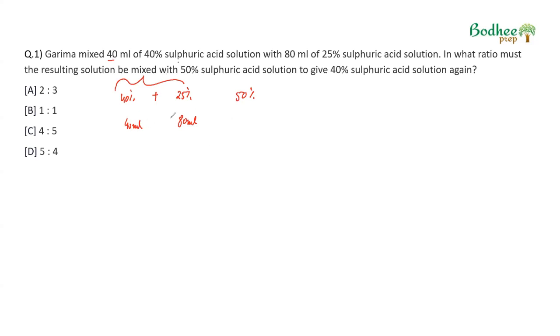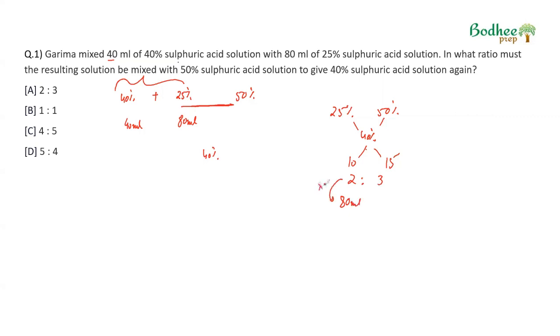Now see, no matter how much 40% solution we add to an overall solution of 40%, the concentration will not change. So basically we need to make the 40% out of these two. Now 25% solution mixed with 50% solution to make a 40% solution. If we aggregate these numbers, we get the volume should be in the ratio 10 is to 15 or 2 is to 3. Since 25% is 80 ml,